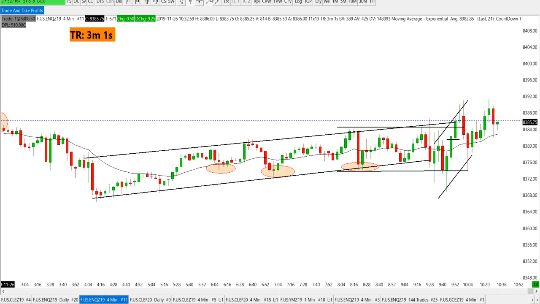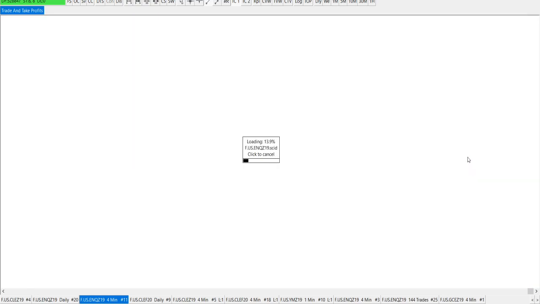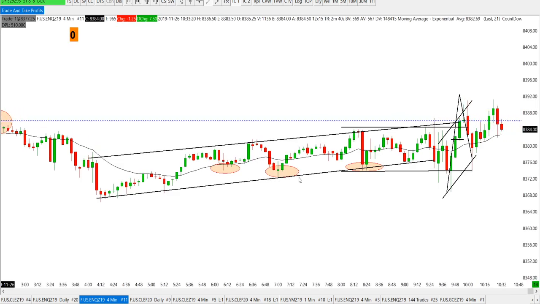Now, if you look at this big bounce right here, that tells me there's a lot of demand right here at the bottom. Now, we did get rejected at the top right here. But automatically, when we pull back down, what did I say, guys? I said the buyers are still in control. Why? Because we didn't make any lower lows yet.